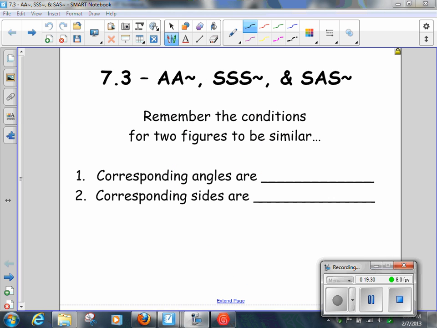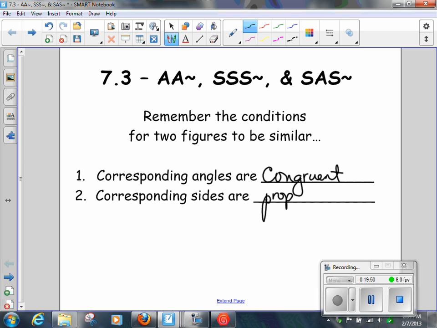When two figures are similar, the corresponding angles are going to be what? The corresponding angles are congruent, and the corresponding sides are going to be what? Proportional. Okay? You have to know that. Corresponding angles are congruent, corresponding sides are proportional. Now,